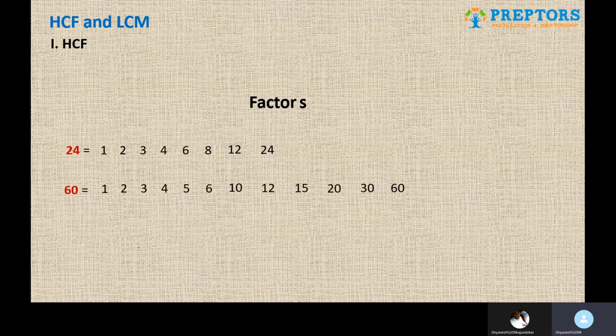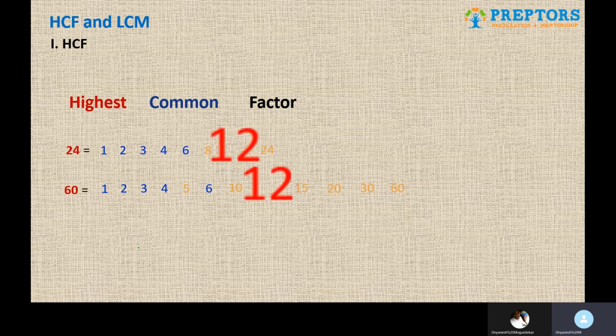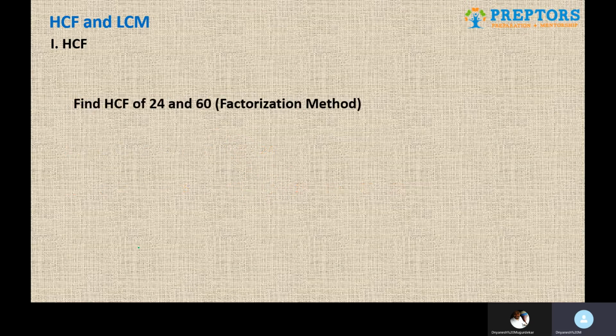The first part is basically the definition or the meaning behind HCF and LCM. So HCF is described as highest common factor. Factor as in the numbers with which you can divide 24 and 60 completely. That highest number is called the factor, or in other words, the HCF. So there are a total of three different methods with which we can calculate the HCF.